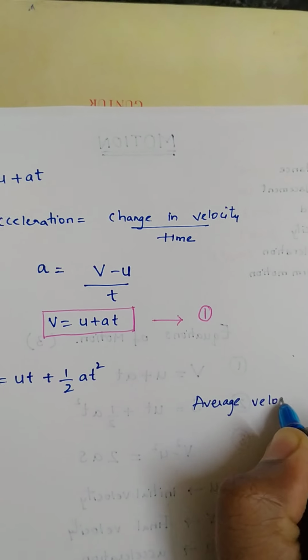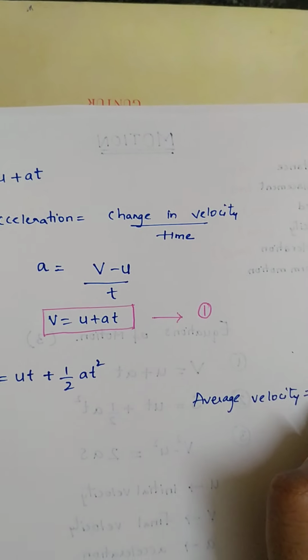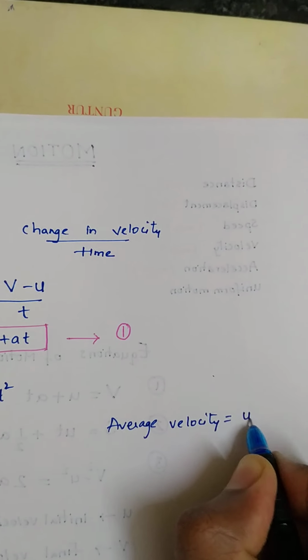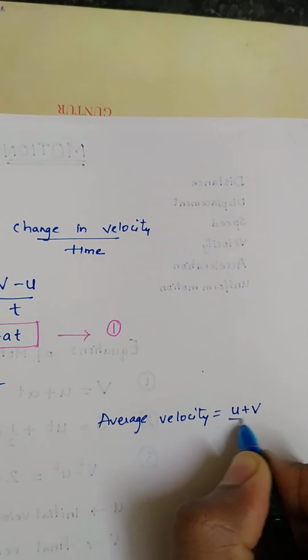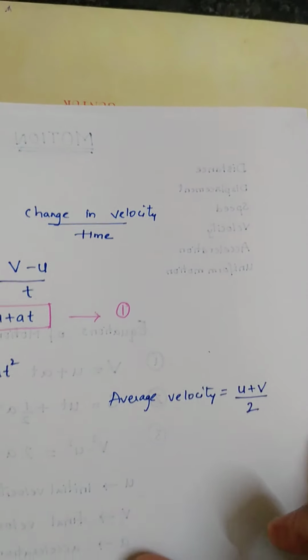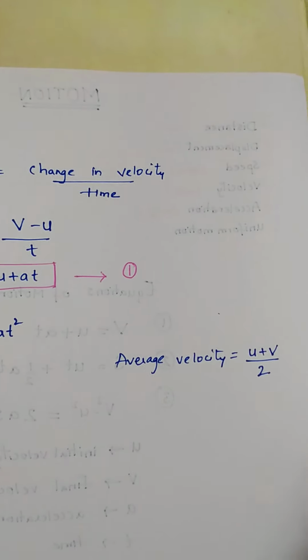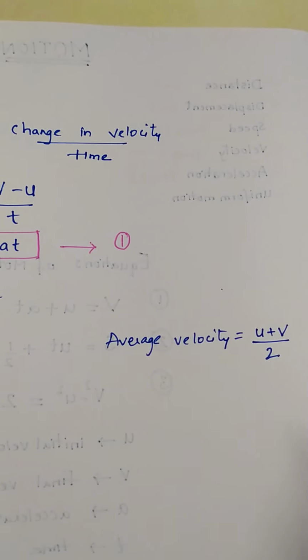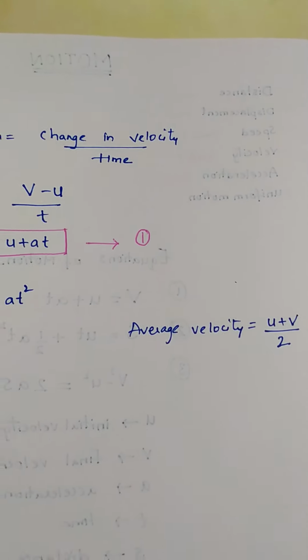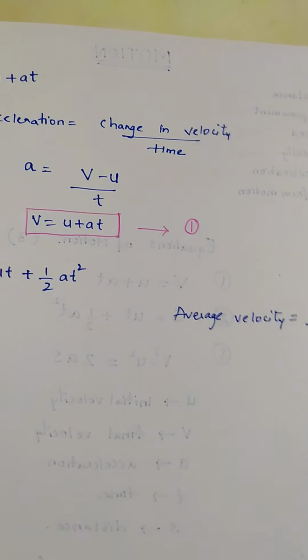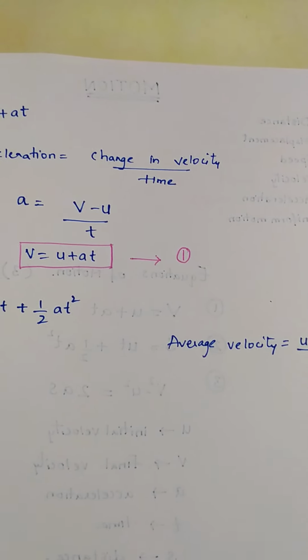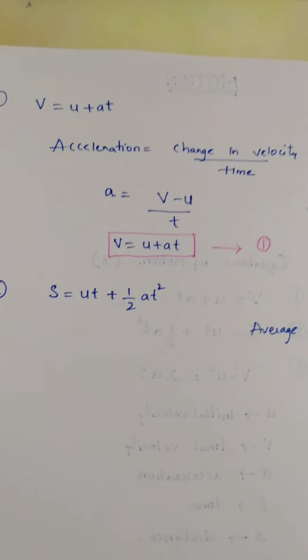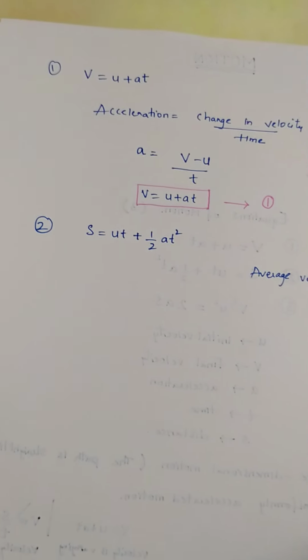average velocity is the sum of initial velocity plus final velocity by 2. It's average, like you take average of any two numbers in math, like sometimes 8 and 6, average is 8 plus 6 by 2, that is 14 by 2, which is 7. So the mean average, sometimes you can call it a mean also. So average velocity is given by the sum of initial velocity and final velocity by 2.